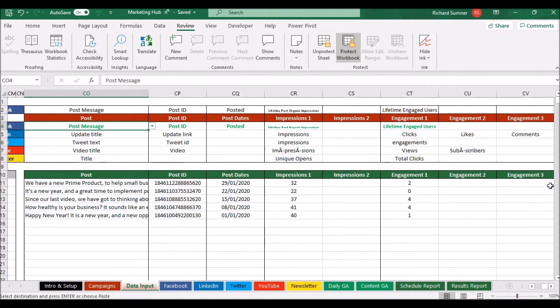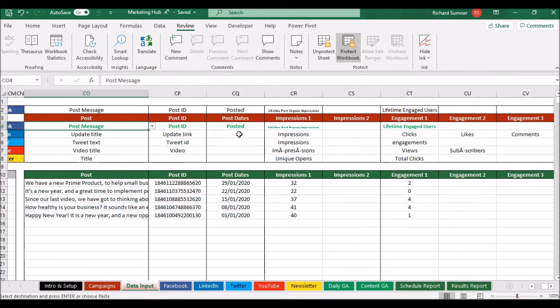You can choose up to 2 columns of data that you're going to add together to have impressions. You only need to use 1, and you can also choose up to 5 columns of data that you're going to use as the engagement values that are all going to be added together. So you just select each one, but only select the headers, as I said, when you've got that respective